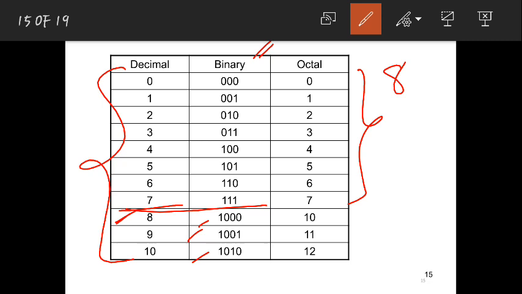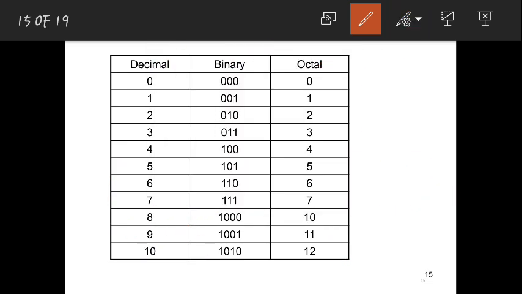Decimal 8, if you convert it into octal, that means you are converting decimal to octal, and the decimal number is 8. When you convert it into octal, you will get 10. Is that fine? Same, 9 if you convert you will get 11, 10 if you convert you will get 12. So in this tabular form he has written decimal, binary, octal. He compared the 3 and written them. So it is very simple. Once you take your decimal numbers, start writing from 0, 1, 2, 3 up to 9. After 9, what is the next digit you are writing?